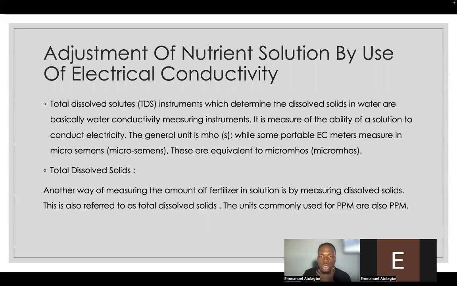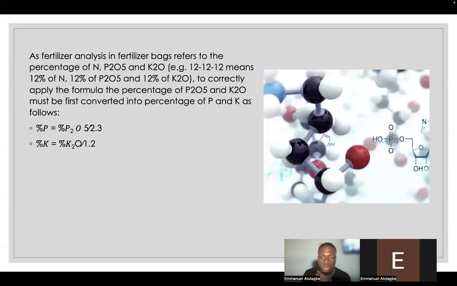So to adjust your nutrient solution, you make use of different meters such as your pH. You make use of your TDS and EC meters. EC is measured in microsiemens. Your TDS is your total dissolved solids, which is measured in ppm. Then you have